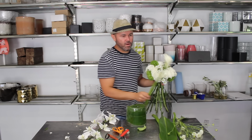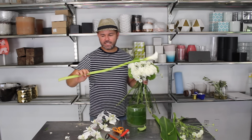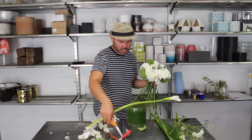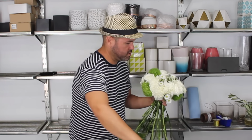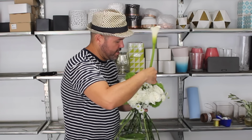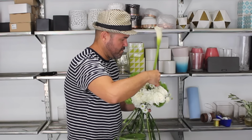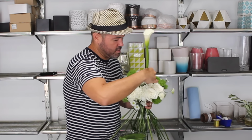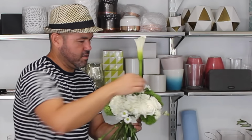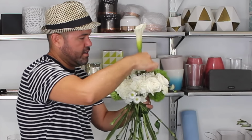like that. Then what I'm going to do is I'm going to insert some of these calla lilies, but because the bottom is so thick, I'm going to go ahead and give it a chop. So this is smaller because we're going to cut it anyways. And we're going to insert this calla right here. Now these callas are really hard to insert, but all you have to do is loosen up your grip and just give it a